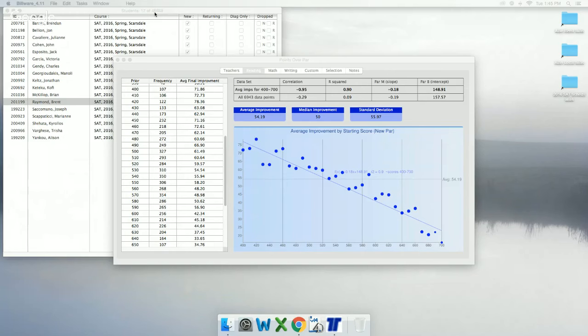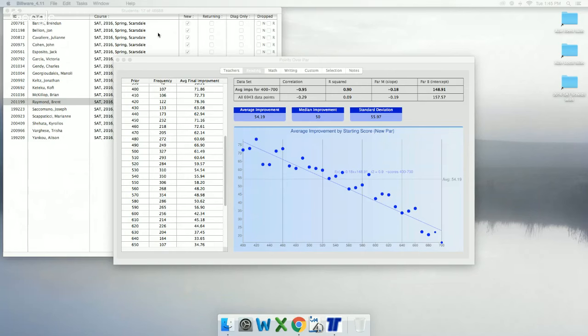So in order to normalize different teachers, one who may be teaching a high-scoring class, one who may be teaching a low-scoring class, we started to look at what the expected value of score increase would be given the students' incoming scores for each teacher, and then how the students actually performed, so we could start to see how many points they got over what we call par. And this was, for those who are fans of Sabermetrics in baseball, roughly inspired by